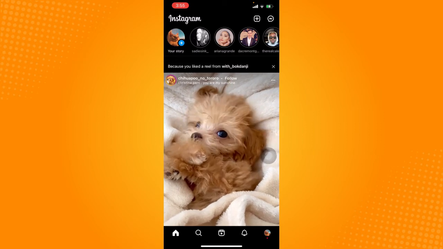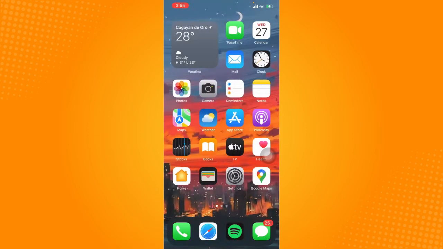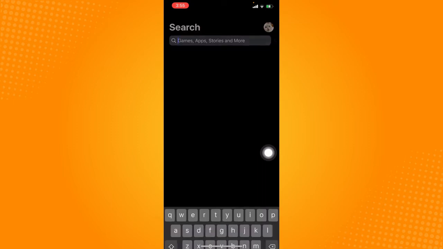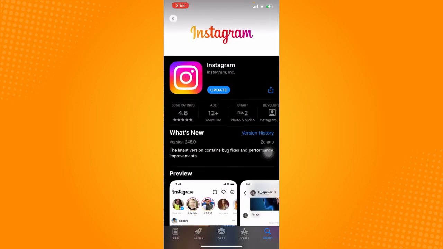So if you don't have this option, the first thing that we're going to check is if your Instagram is up to date. So just visit your App Store or Play Store and just type in Instagram right here and click on Instagram. Now if it says update right here, just click on that. As you can see, it says update. Just click on that, and so you will have the latest features, including the reply option on Instagram. However, if it says open, that means that your Instagram is currently up to date, so you should have the